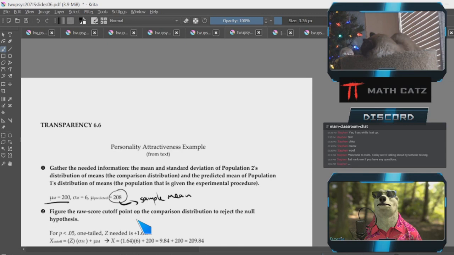And then we see, well, is this significant enough to reject the null hypothesis? Is this far enough away? And so on. So if we visualize this, we have our 200